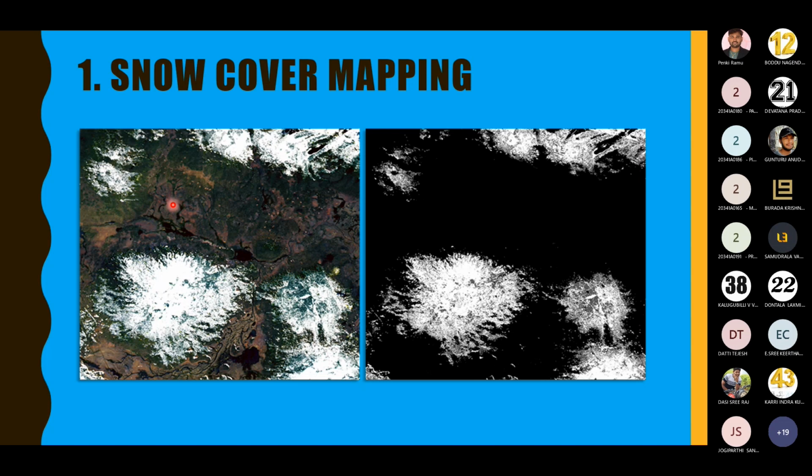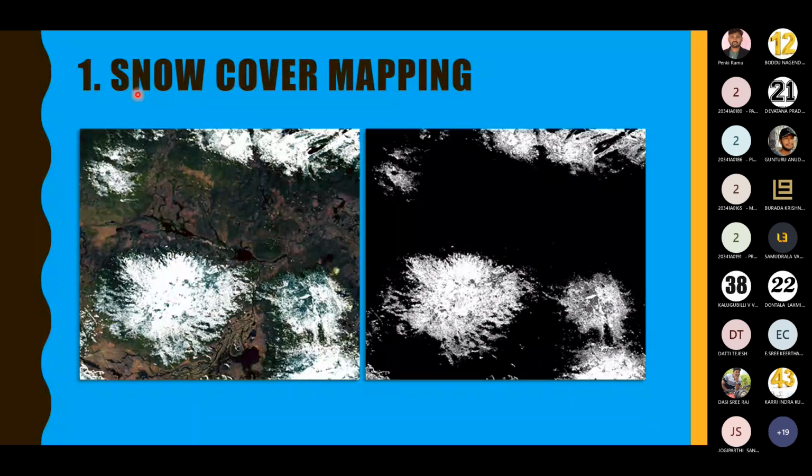Snow cover mapping. See, snow normally appears in white color. And here, by observing this snow color with other objects' colors, for example, mountain in dark brown color or vegetation in green color, it is very easy for us to identify what is snow and what is not snow. So snow cover mapping can be very easily carried out using imagery. It appears so. It is not easy. It appears like with the help of imagery it is possible for us.